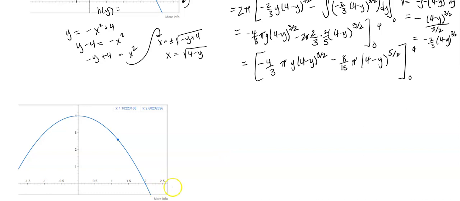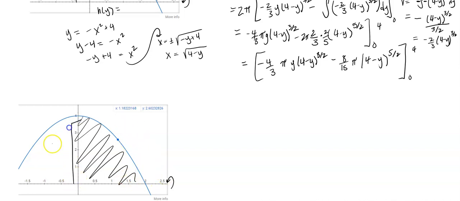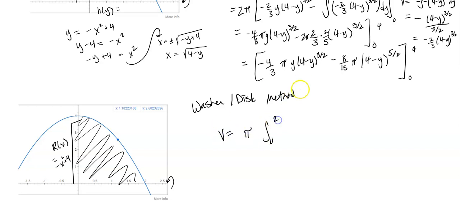So for disk method or washer method, whichever one you're on, we're looking at that horizontal axis of revolution. So we're only looking at this portion of the shape from 0 to 2. And my r of x here is just the function, which is negative x squared plus 4. So V, using the washer disk method, is pi times the integral from 0 to 2 of (negative x squared plus 4) squared dx,